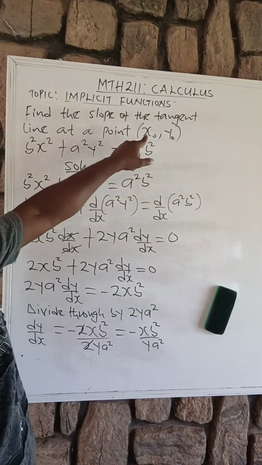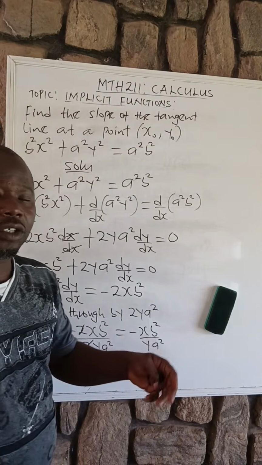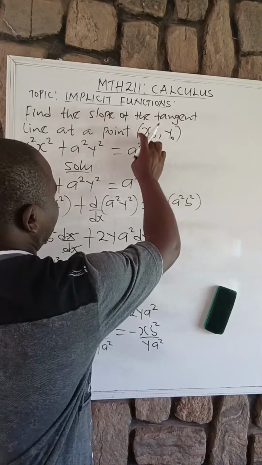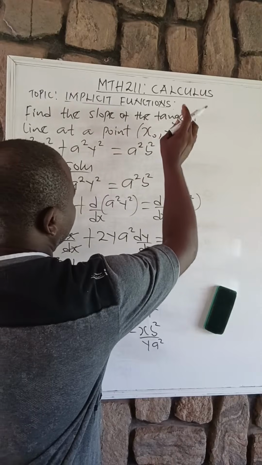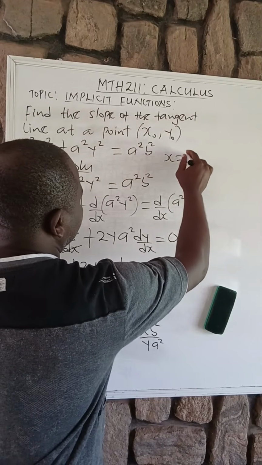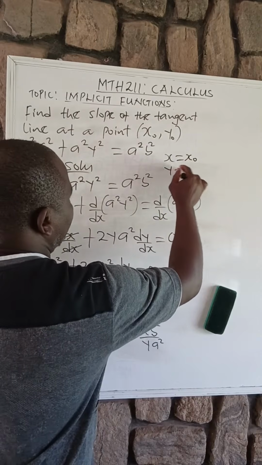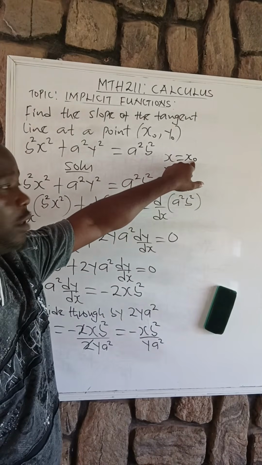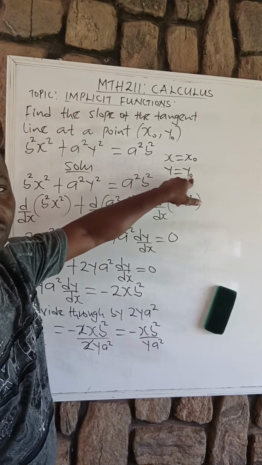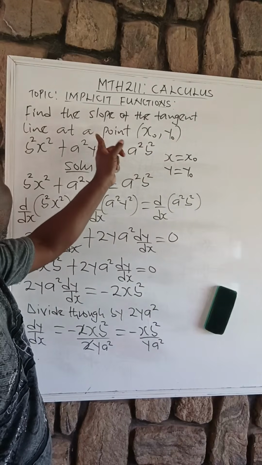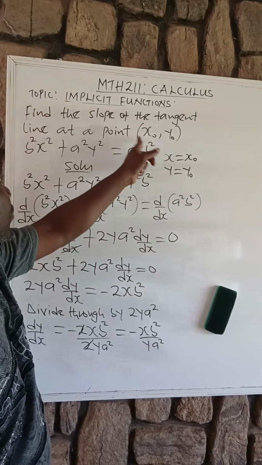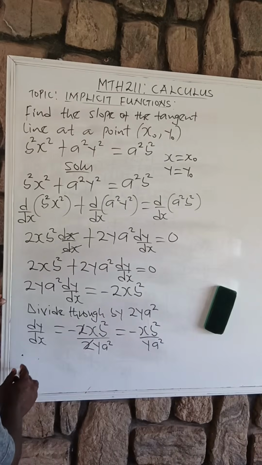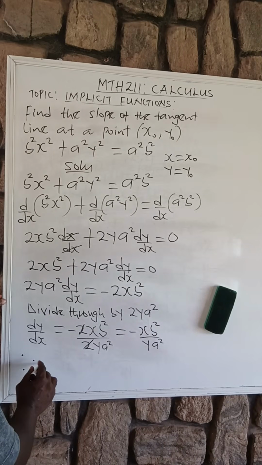Then at the point, you know, in geometry, the coordinate system, here we have x naught, y naught. So it means x equals x naught, y equals y naught. So anywhere you see x, you write x naught. Anywhere you see y, you write y naught. That is what it means at a point, that is the tangent line at a point. X is x naught, y is y naught. So here, our final answer will now be our dy